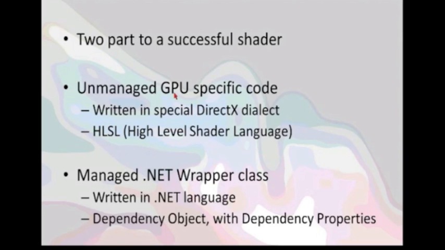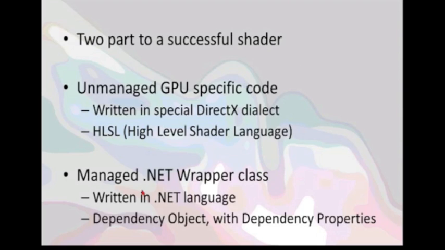And just like for applications you run on your own local computer, we don't want to code in assembly anymore. We want to code in a higher level language. Now, HLSL looks a lot like C. It has curly braces and has a lot of the same keywords. I have an entire chapter in my book dedicated to the syntax of HLSL. Right? And then you have to also write a managed .NET wrapper class that's written in any .NET language,